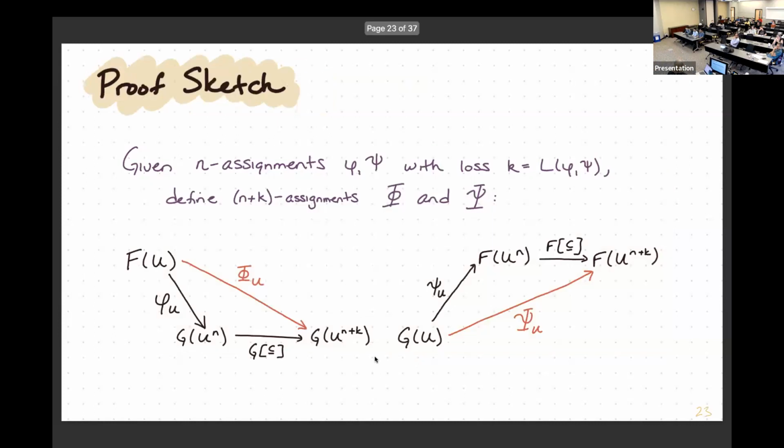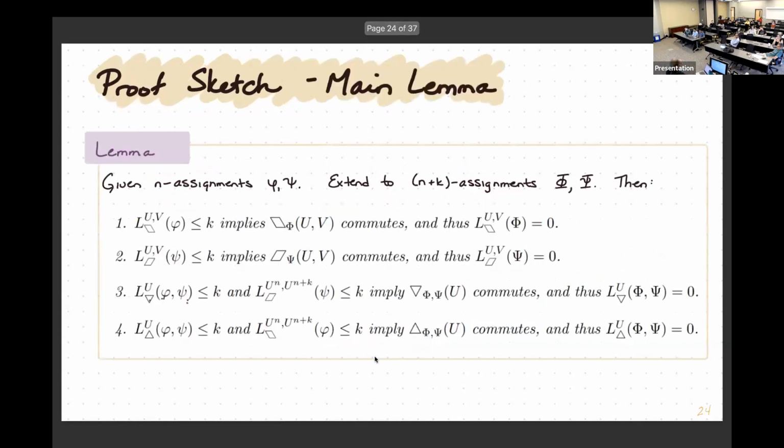And the proof, once you get the right definition, is actually relatively simple, because what we end up doing is just creating an interleaving by pushing forward the not quite an interleaving you had before into one that is actually an interleaving, and then spending a bunch of time checking that all the diagrams you could possibly want commute. There's some annoying technicalities, which are basically all the little specific things you need to check to make sure that, given the fact that your loss function is k, this extended beast actually commutes where you want it to. All right, that looks icky, but it just says everything commutes. Okay, let me get to the